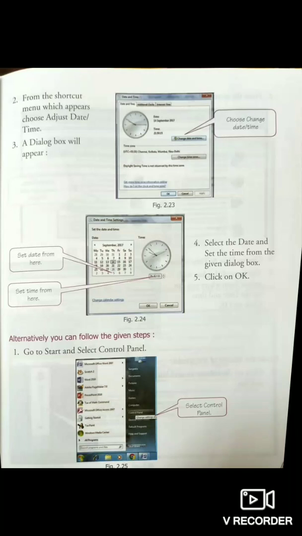corrected date and time which have been updated in the system. Also, you can use another way to change the date and time by using another option, like you have to go to the control panel portion. So for control panel, you have to go to the start menu and then find the control panel section. And then from the dialog box, when the dialog box appears under control panel, from there we are getting the time and date portions.